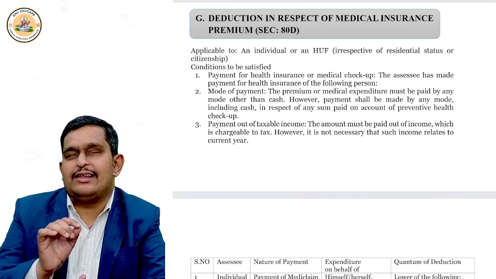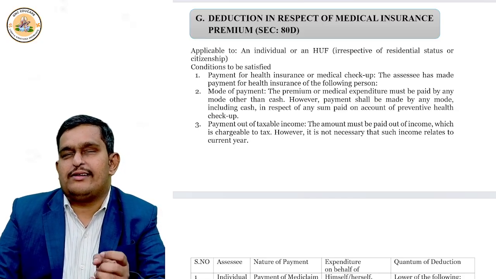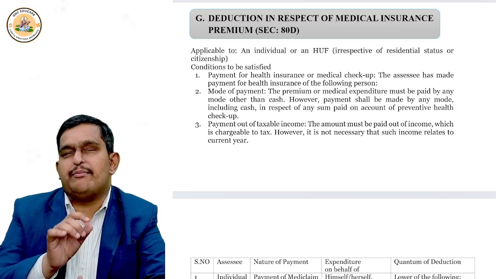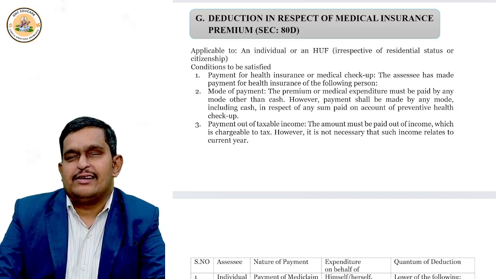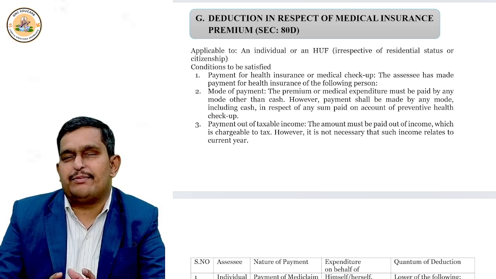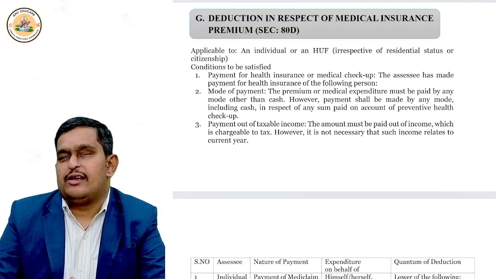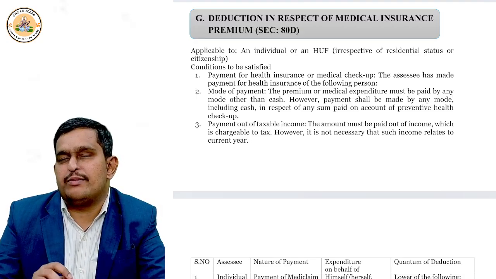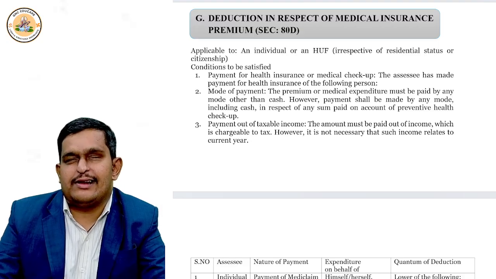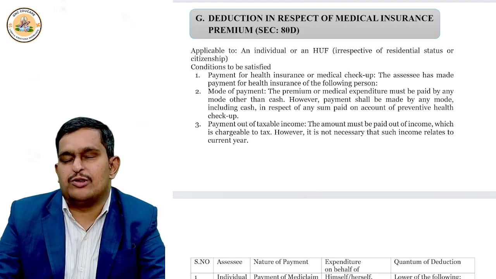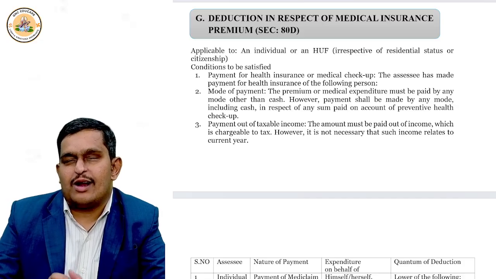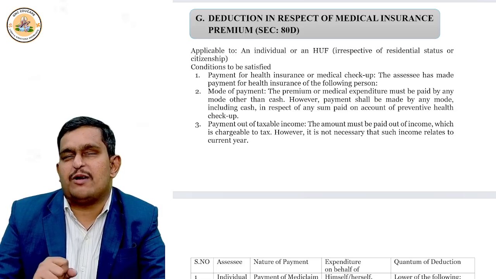80D talks about health insurance premium, or you can say mediclaim, or medical insurance premium, right? Now, there are many companies in the private sector that give health insurance premium or mediclaim. Or you can take the scheme of the central government health scheme. This is basically for central government employees only, okay? And sometimes some preventive health checkup related treatment may be incurred, or sometimes the medical treatment of senior citizens may